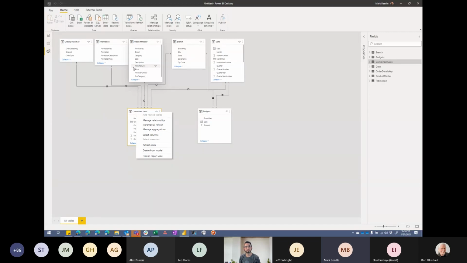And then I typically hide my fact tables and put my measures into a measure table called calculations. But I know there's debate about whether that hurts Q&A or not, but that's my approach usually to table naming.